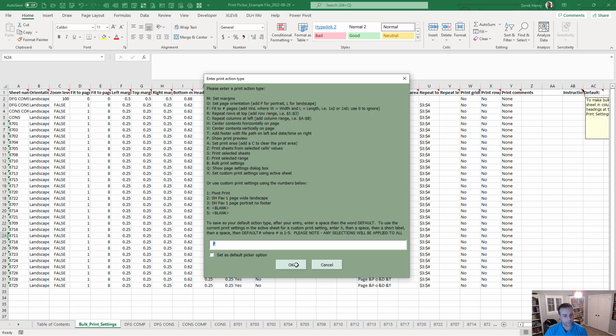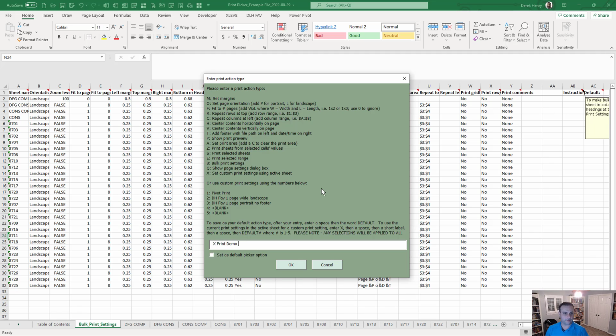Now, how you're going to do this is on the active sheet that you have selected, make any adjustments to the printing settings. So the landscape, the zoom level, the fit to pages, the margins, the repeated items, the headers, the footers, the centering, all that stuff. Make it look just the way you want it. And then use Option X, give it a name, like you see the names here,